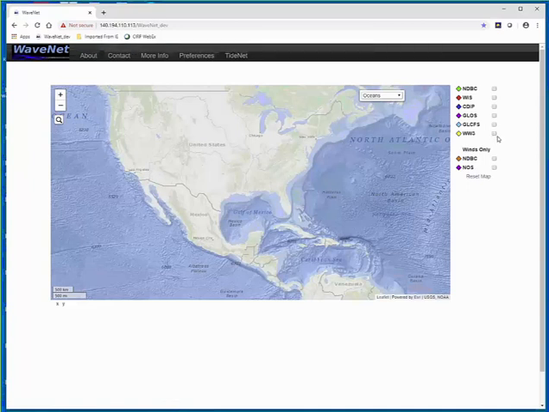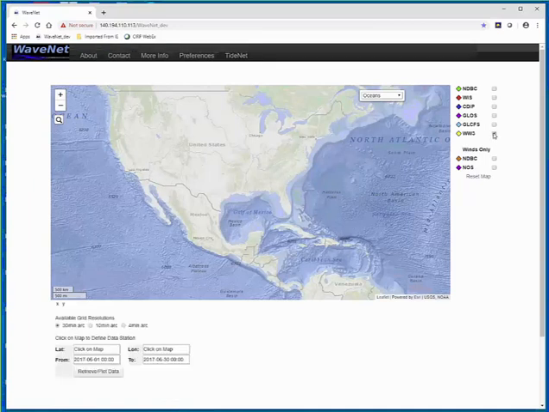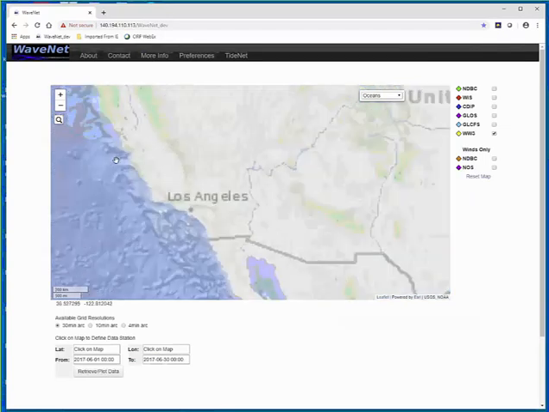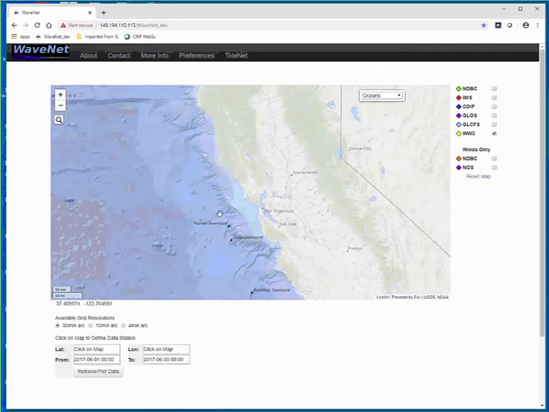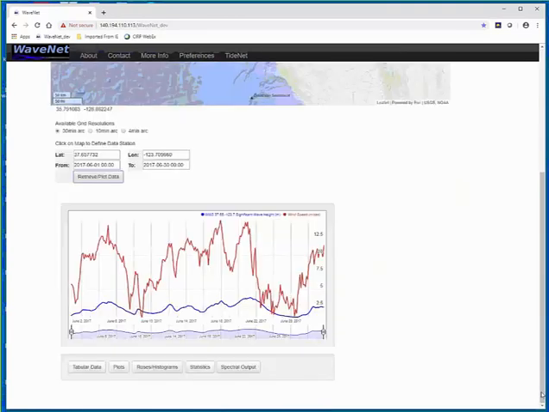Let's go to WaveWatch III. WaveWatch III is obviously global, and so I'm going to create something maybe somewhere off the coast, maybe the entrance to San Francisco, and let's see what we have there, okay? And again, I'm going to select the default, but you can set any time period you want, and bingo.